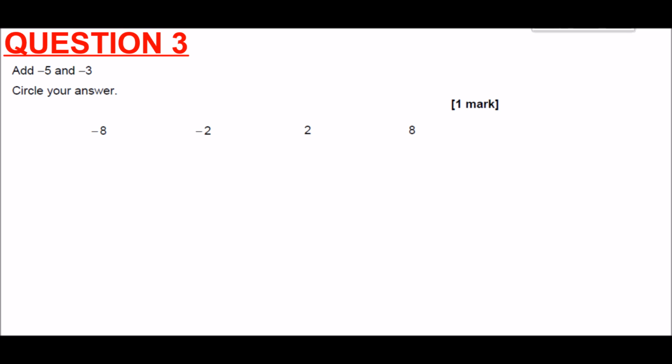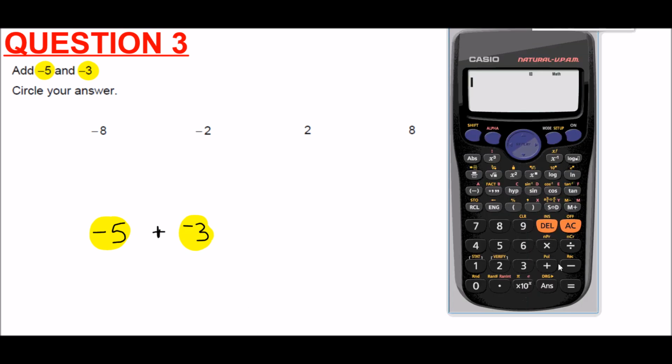Question 3. Add -5 and -3. Circle your answer. Now, with a calculator paper, there's no excuses for getting this one correct. Minus numbers on a non-calculator paper can be a bit trickier, but here, because we've got a calculator paper, it's very simple. So we just take the two numbers, -5 and -3, and add them together using the calculator. So the first number, -5, plus, add, -3,